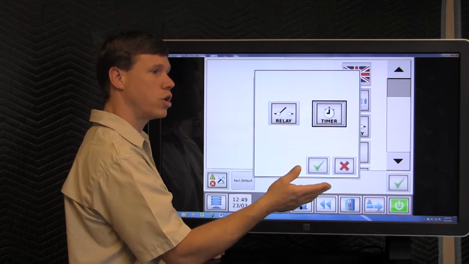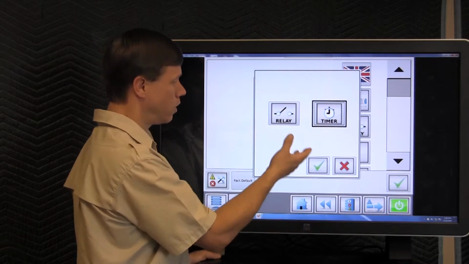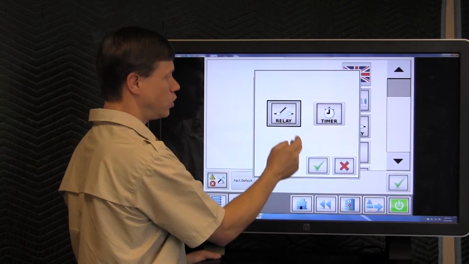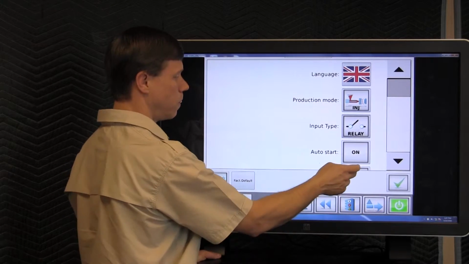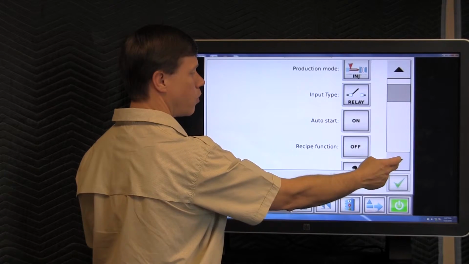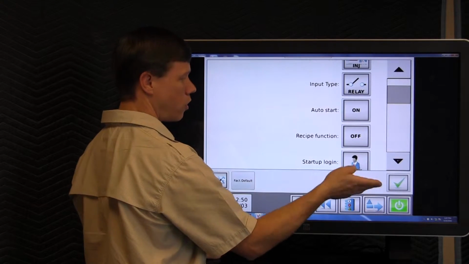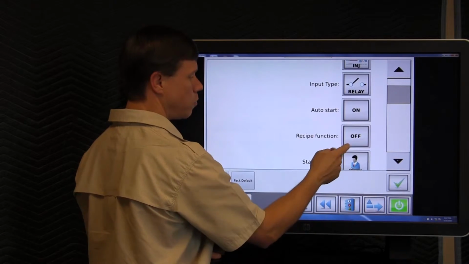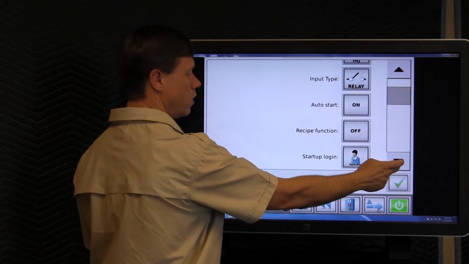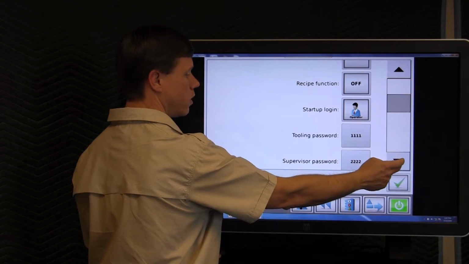If your molding machine or your extruder changes in speed or throughput, the relay mode will learn that time, but it's not real time. So you want to choose which mode of input you have, and then auto start is just that, whether you make an adjustment, whether it'll immediately start or whether you have to start it off and reset it or turn it off and back on again. Recipe function, whether we want to use and save recipes to run on or whether we don't. And then your setup operator, tooling, supervisor,